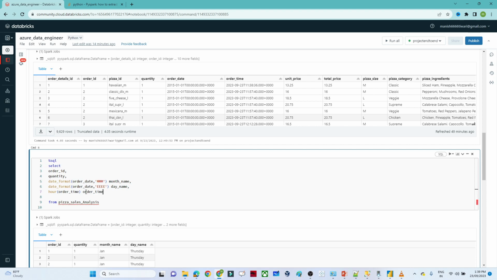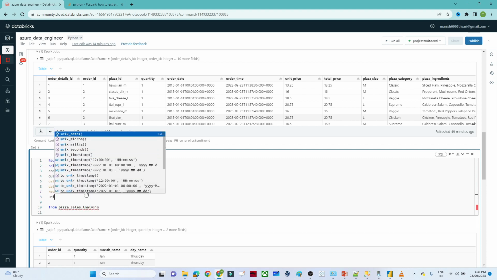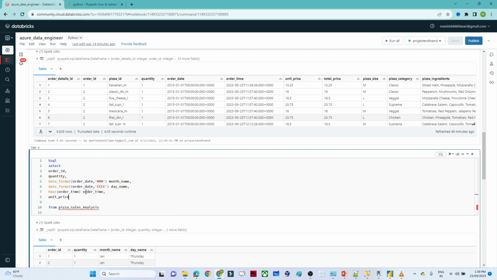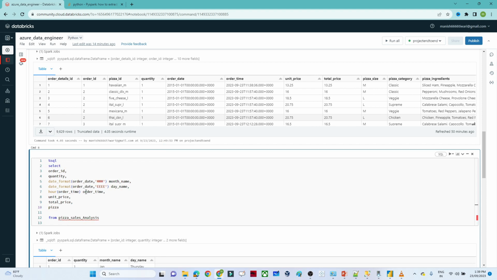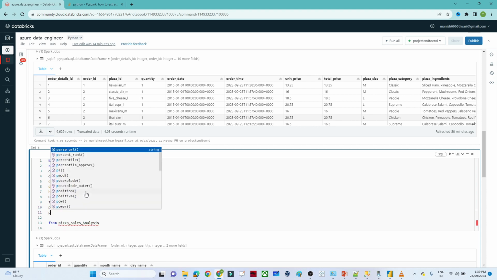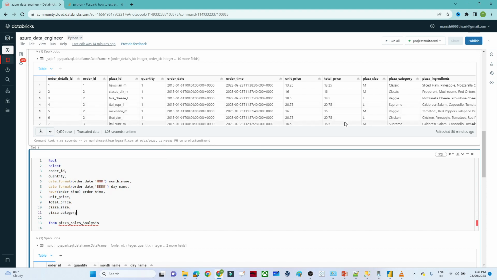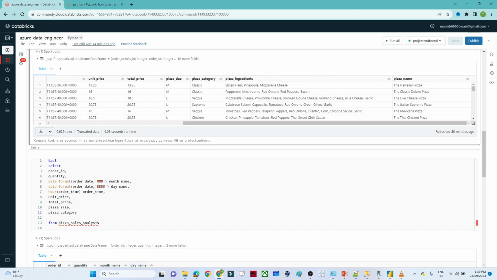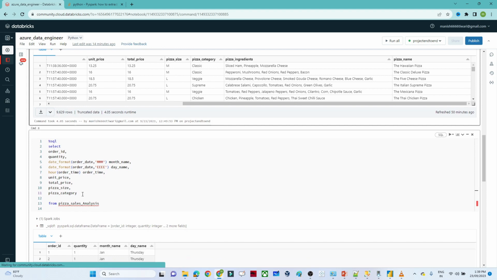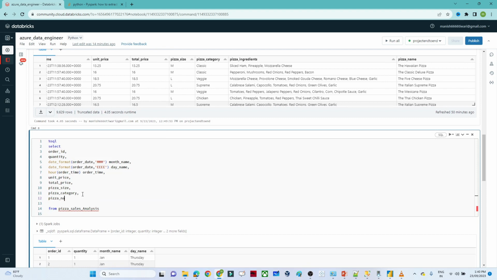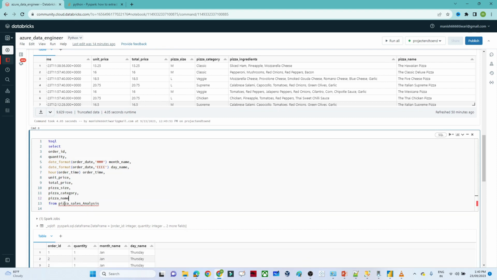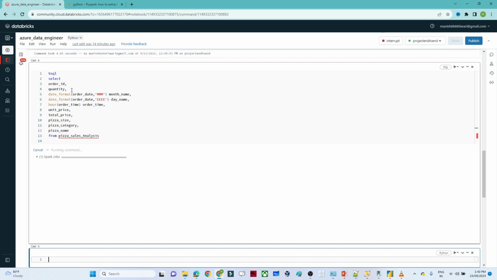After that I want unit price, so I will take unit price. I also want to take total price, so I will take total price. The pizza size is also important, so I will take pizza size. I want the pizza category, so I will write pizza category. I don't want the pizza ingredients, I will only take the pizza name. So these are the only columns I want to store in my aggregate table. So I will write pizza name. If I execute now,